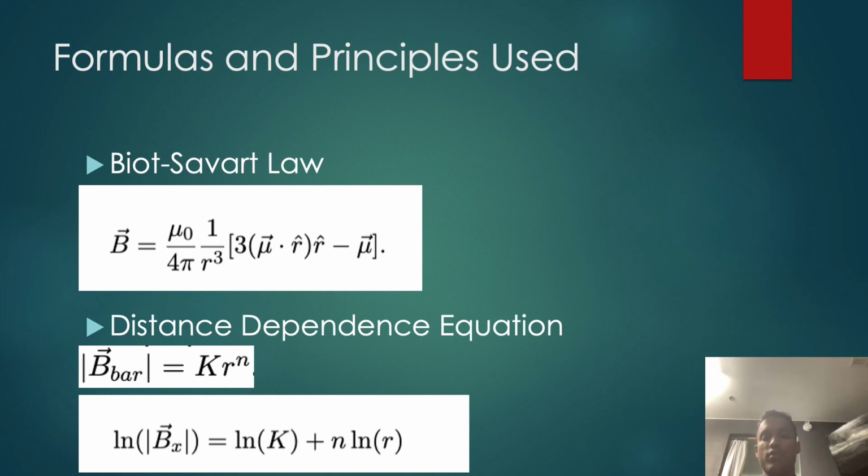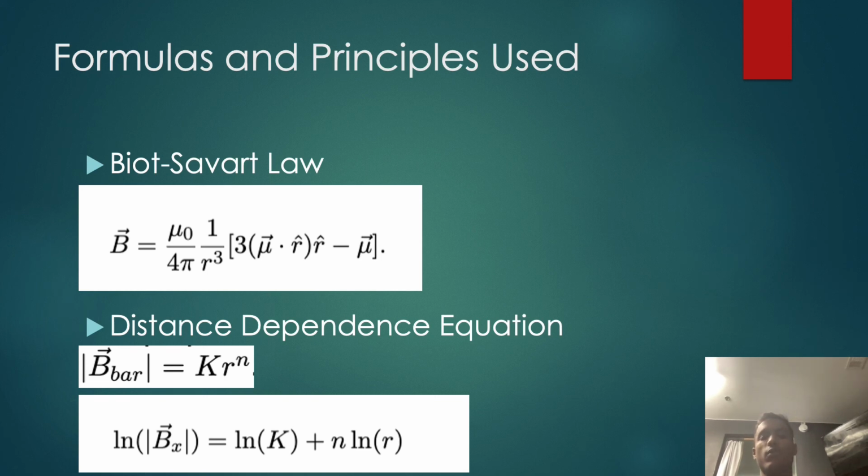As we previously mentioned, this law and equation will be useful in deriving and calculating the magnetic field of our bar magnet. As you can see in the next bullet point, this is the derived formula, which directly relates the separation distance of a magnet and observation point with the magnitude of the magnetic field. It will also be important to have a basic understanding of Earth's magnetic field and how this could possibly impact